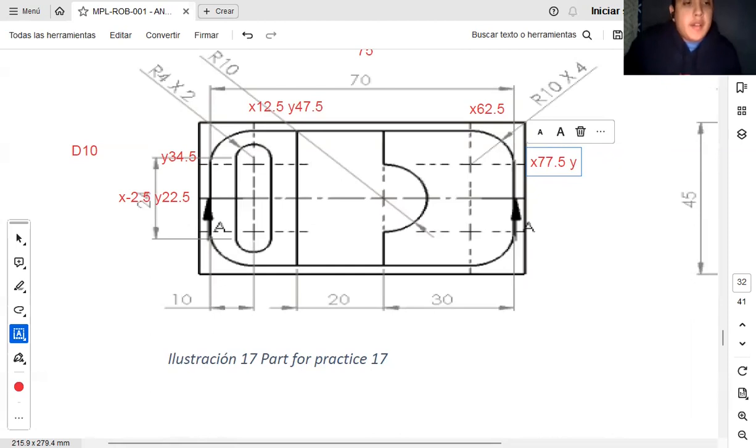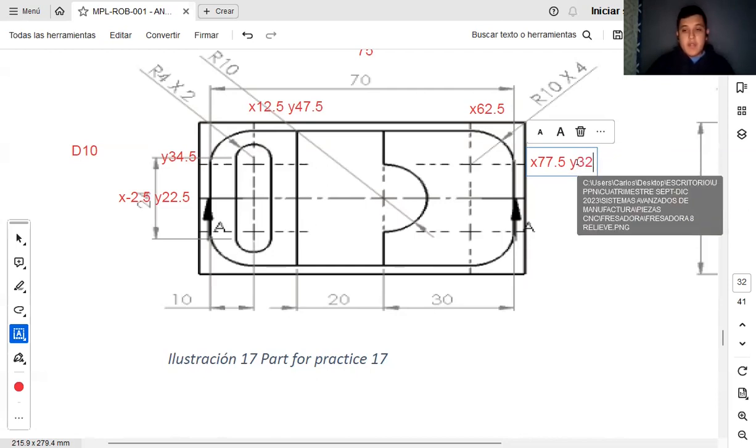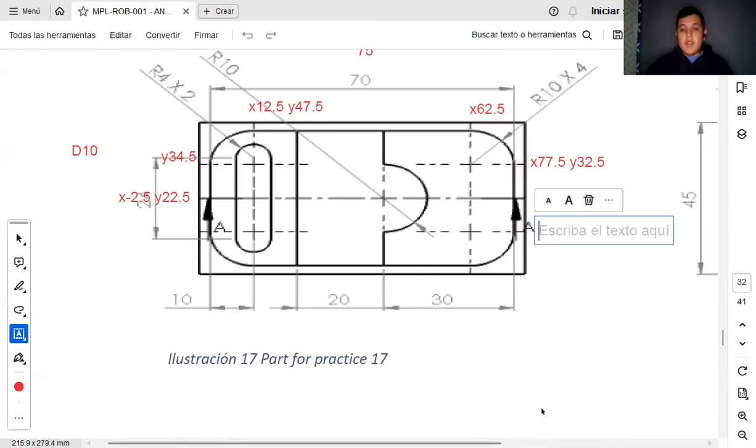Okay, this is equal to 32.5. Then continue to this point. I'm going to stop until we reach